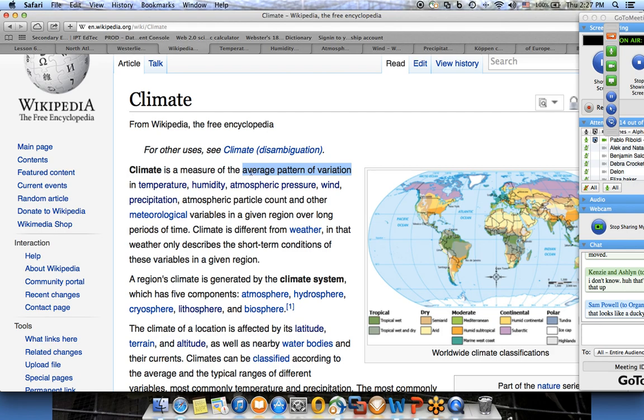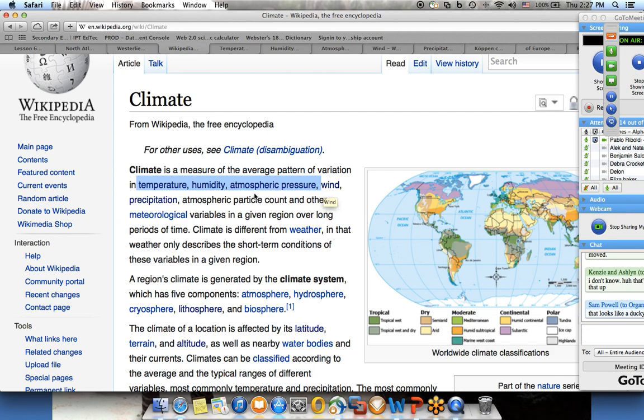So climate is kind of the general patterns of the region, and it measures different variables: temperature, that is the heat that is felt in the air; humidity, the amount of water vapor that is in the air; atmospheric pressure;